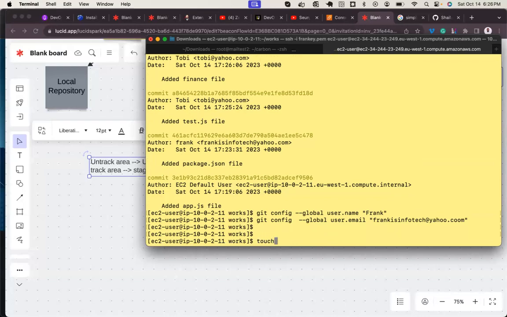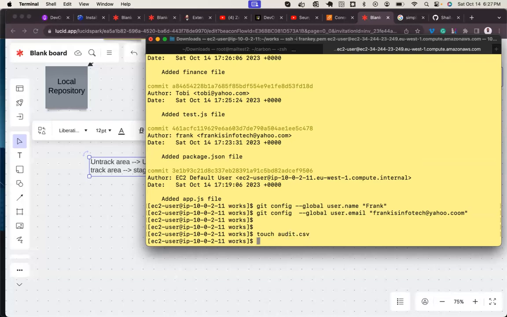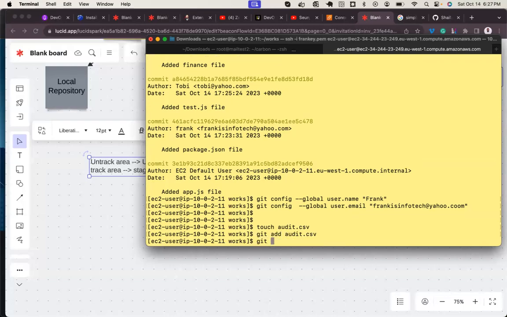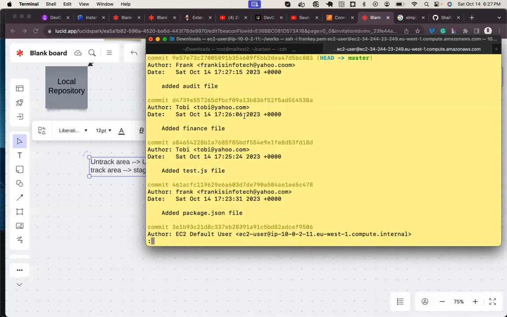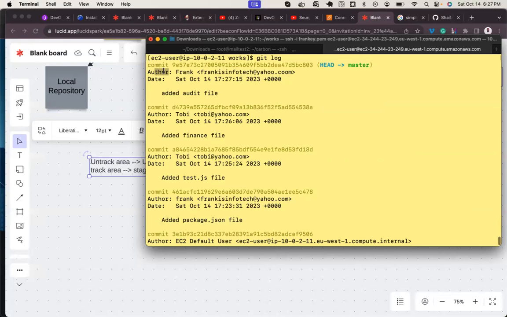Now, I touch a file, touch audit.csv, git add audit, git commit -m, added audit file. Now, git log. Go to the top, you see that Frank has added the audit file.